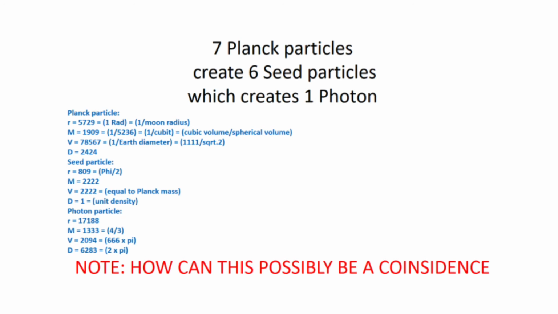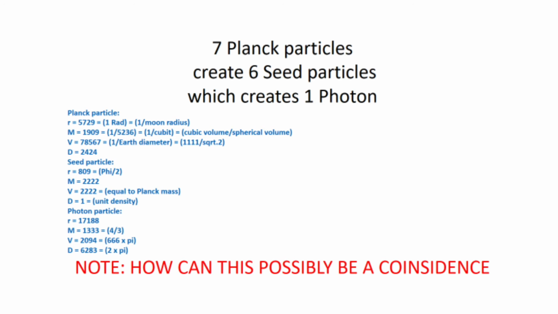And then divide by its pi times 6666 volume, or 4/3 pi times 17188 cubed, deriving a density of 2 pi. The Planck particle mass is then calculated by dividing the photon mass by its 7 constituent Planck particles, equaling a value of 19097, or